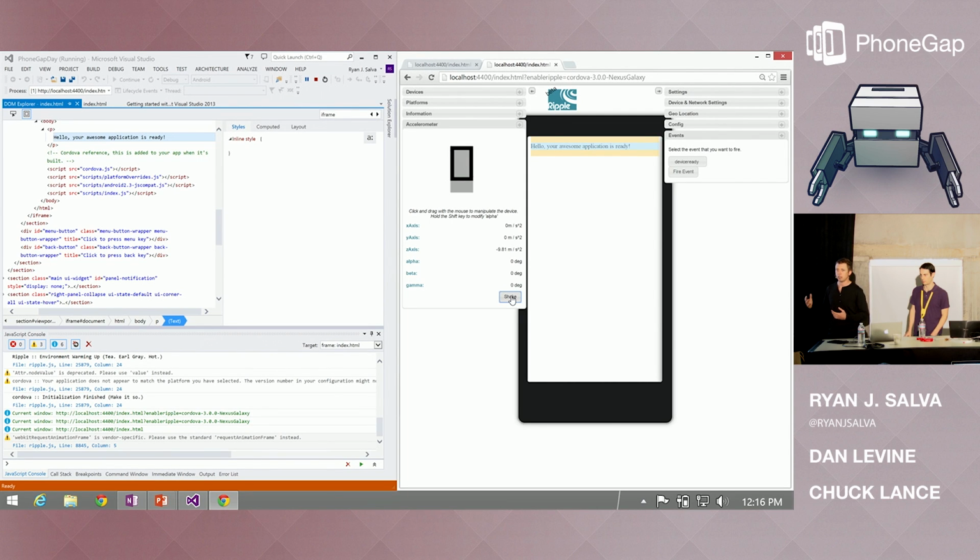But at the very least, it's pretty fast, especially when compared to something like an emulator. Oh God, the emulators. So yeah, that's about that. And in Visual Studio, we look at it as when you're doing your more traditional web developer workflow, Ripple's the perfect spot to start, and you can get your single page app up and running, and then start moving on and layering in more advanced device capabilities, some of which may be platform specific or platform agnostic, and then you'll use some of the other stuff you're going to show.